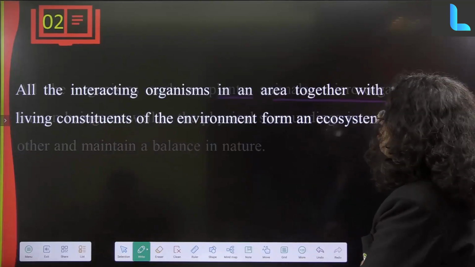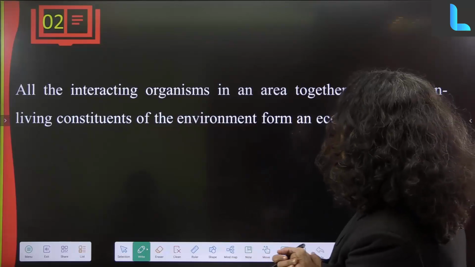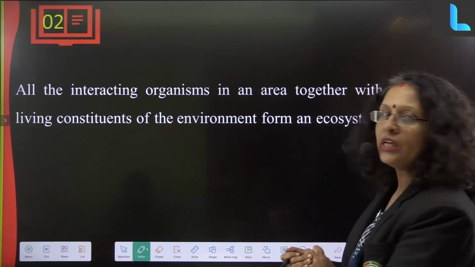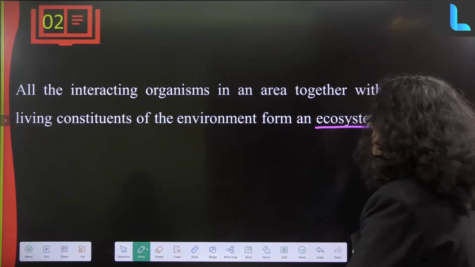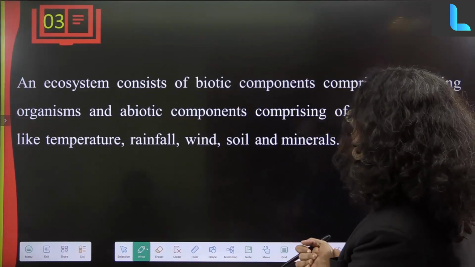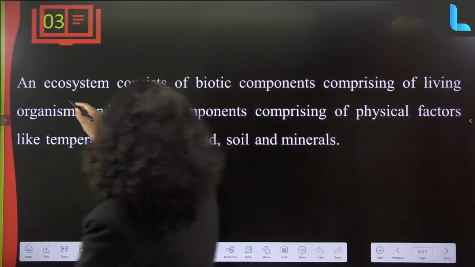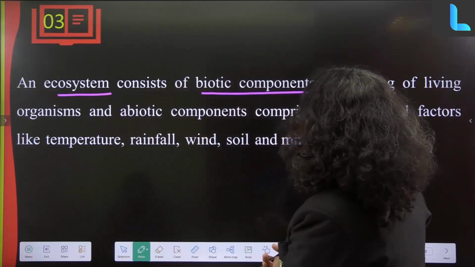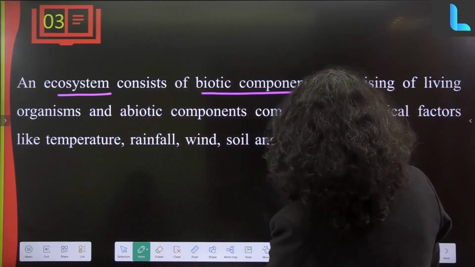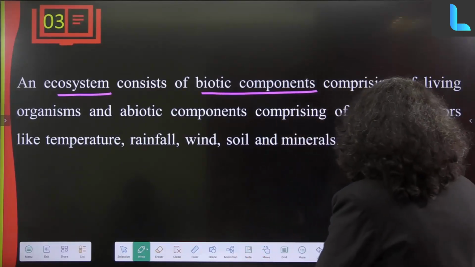So all interacting organisms together with the non-living constituents of the environment form an ecosystem. So an ecosystem is formed with the non-living components and the living organisms staying together. So an ecosystem consists of biotic components, comprising living organisms, and abiotic components comprising physical factors like temperature, rainfall, wind, soil and